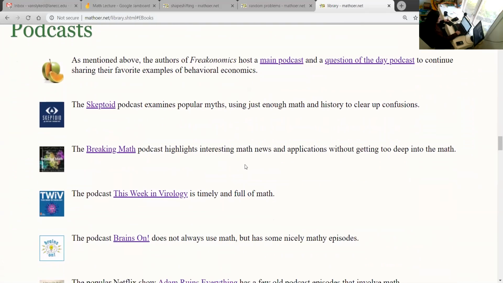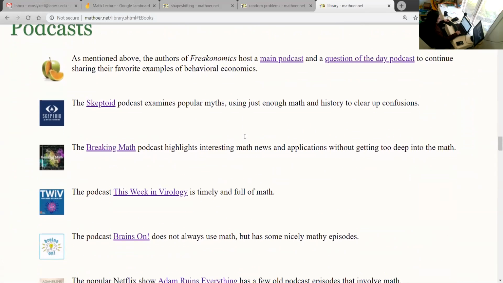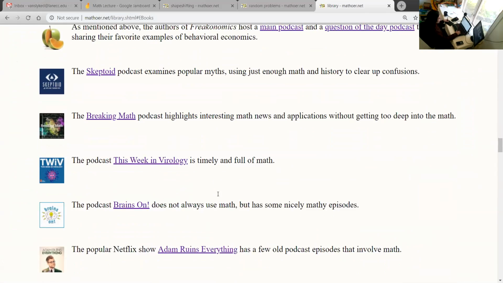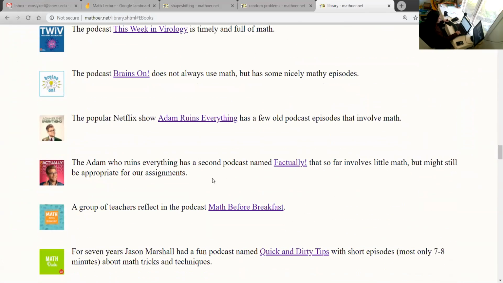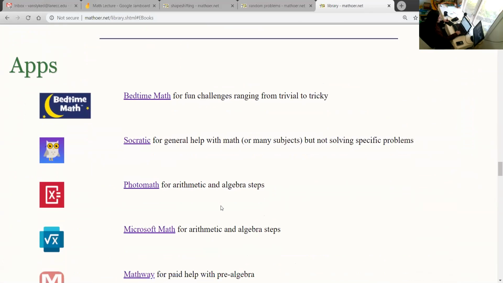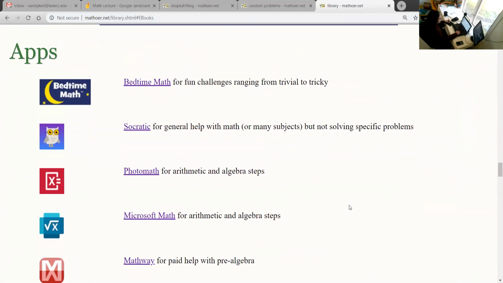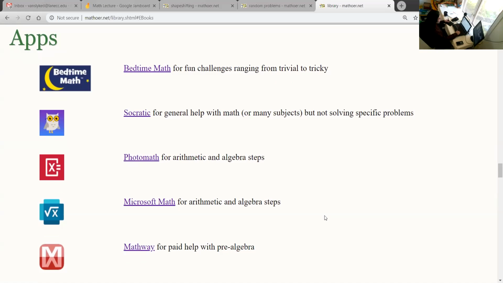some of them are fun. It doesn't have to be a current issue. If you want to jump back to This Week in Virology when the pandemic was just starting or something, then that could be interesting. And then under the podcast are apps. And you can get a star on your achievement list by exploring one of these and writing about it as